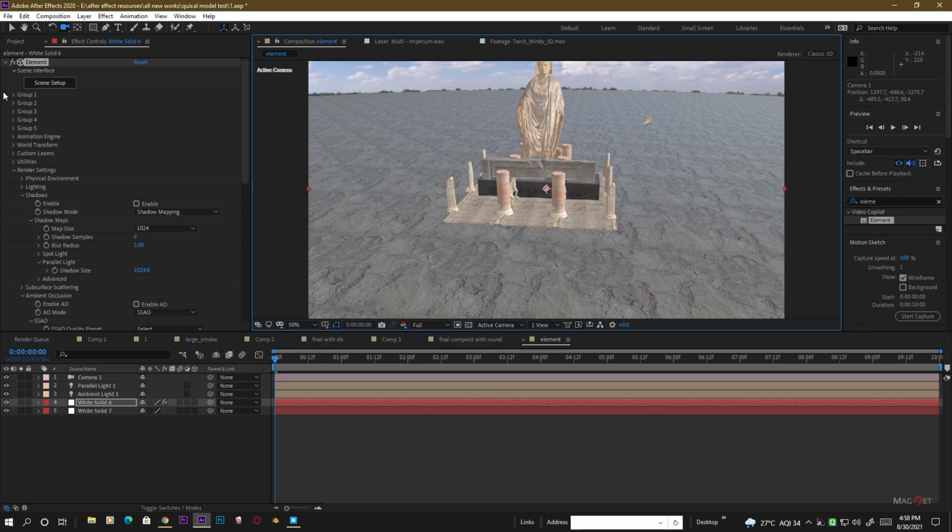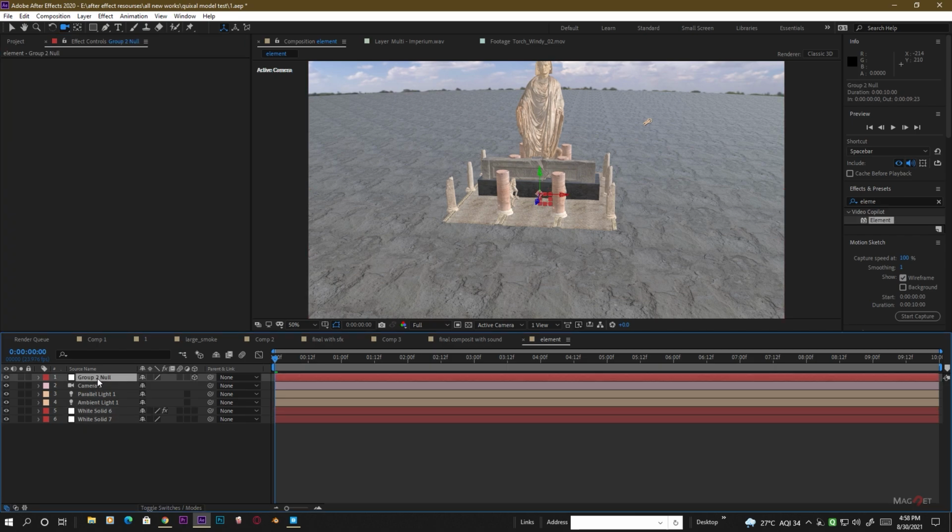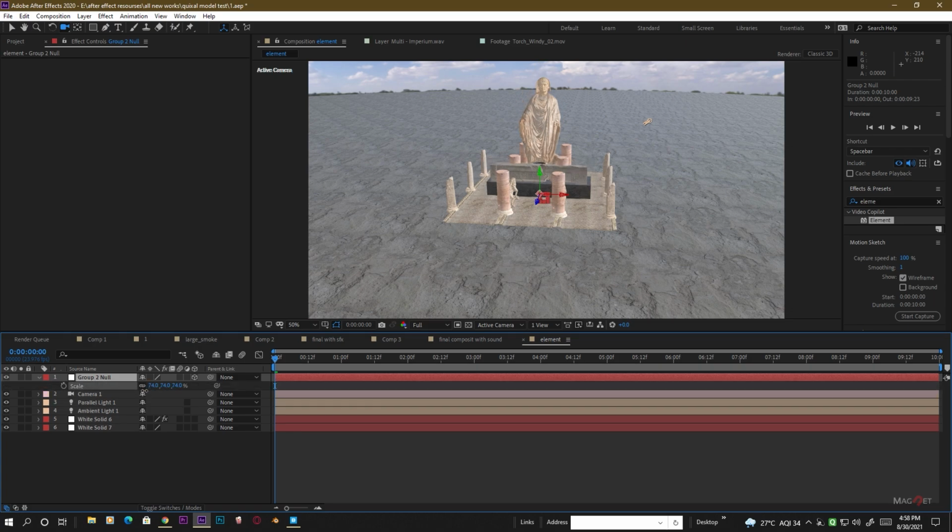So first we go to the group number 2 and we create a group null object. So this is the group number 2 and the group null. So first we scale it down, so press S to decrease the scale here, like this,